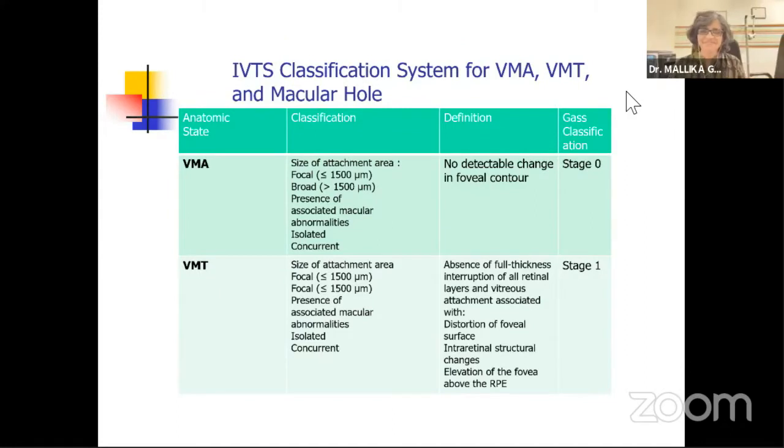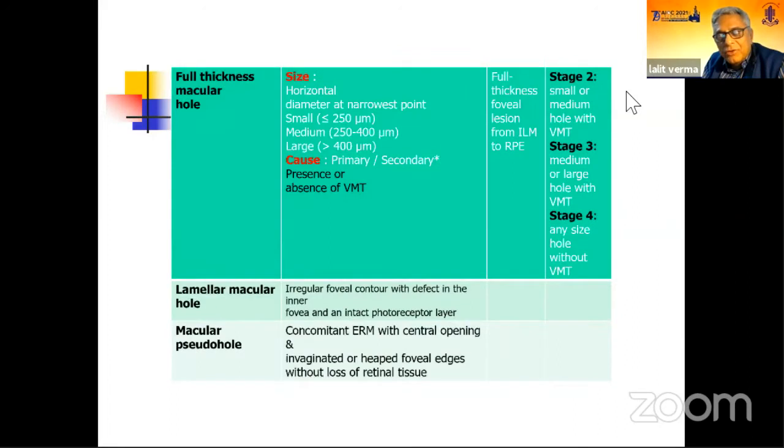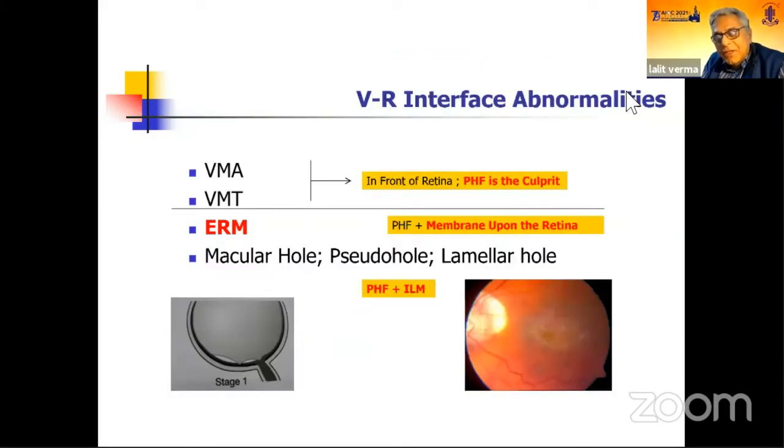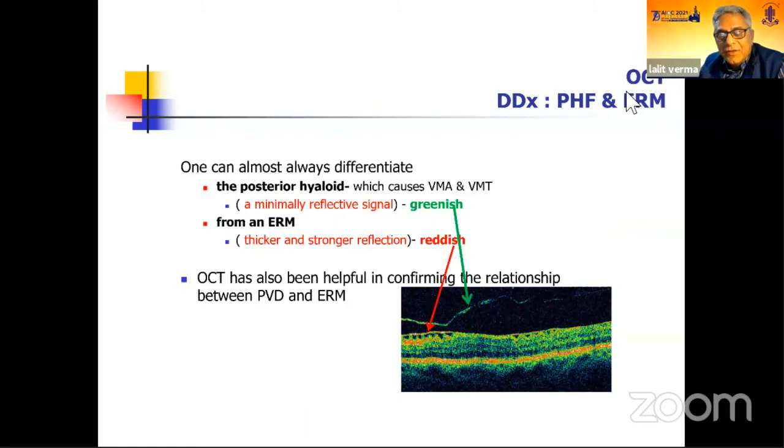All of us know about this latest classification, the IVTS classification, which I will not go through. We remember these three membranes: one is the hyaloid, one is the epiretinal, one is the ILM. All of us are fond of removing any kind of membranes, whether required or not. We tend to remove all the membranes. And we can easily differentiate on OCT because the refractile properties of ERM throw a reddish or a stronger signal. So I'll show one video which has a couple of conditions.